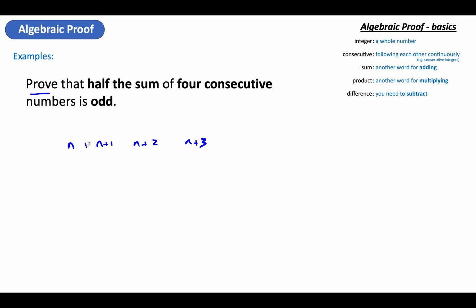So firstly, I need to add them. And whatever that sum is, I'm going to halve it. And I've got to show that's odd. So let's do that. Let's just add them, right? So n plus another n plus another n plus another n is 4n. And 1 plus 2 is 3, plus another 3 is 6. But remember, we're halving all of this. So let's halve each bit. So 4n divided by 2 is 2n. 6 divided by 2